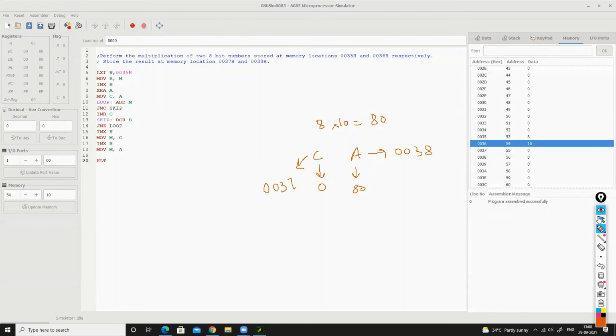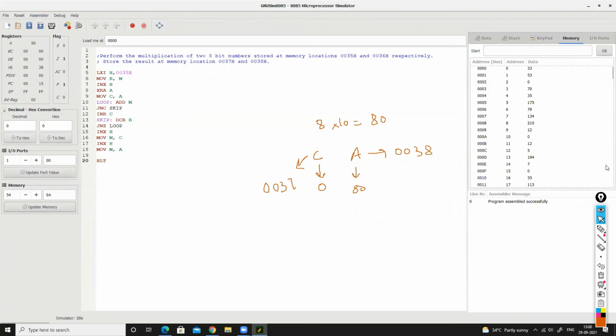Let's check if this is the case. Let's do the execution. Now let's go to 0037 and 0038. 0037 should contain 0, it contains 0, and 0038 should contain 80, it contains 80. Okay, fine. Is it clear?